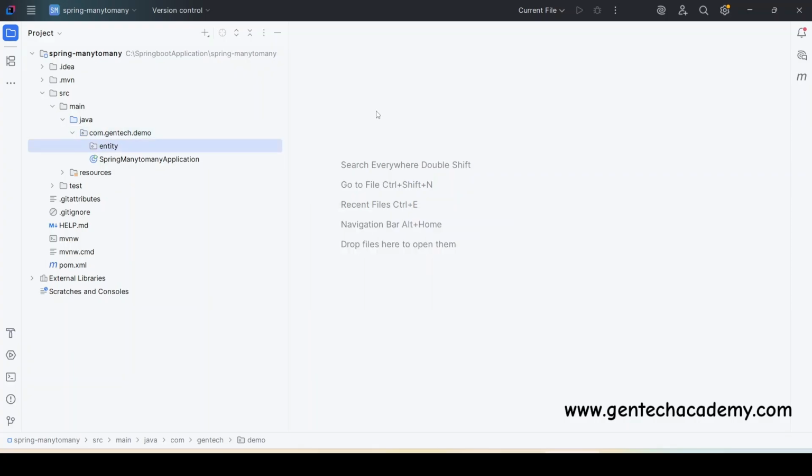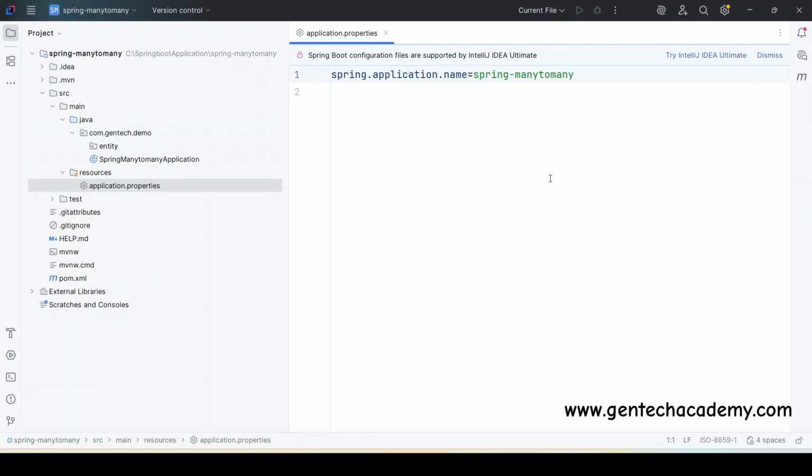So before creating the package entity, we have to add the MySQL driver details or MySQL connection details. In order to provide the MySQL connection details,